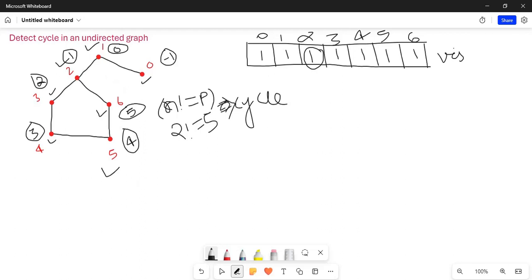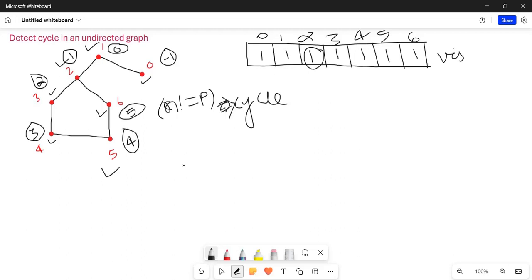So this is the code for cycle detection. Let's understand one more time. If any node calls for its child, and the child is unvisited, then make a DFS call.